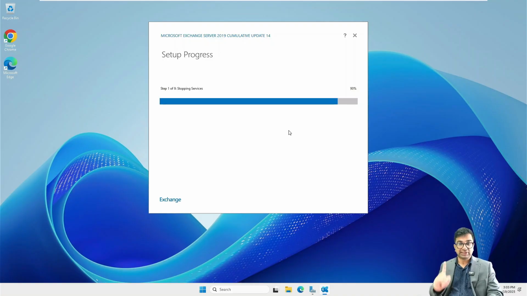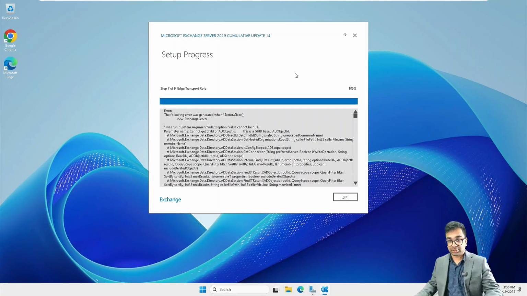Now, let me be clear before I start this and before anything else goes wrong. You will face a challenge wherein this will stop at one point. It will happen. Just remember that there will be a point where your setup will just crash. If that happens, you just restart the setup. I'll also show you how to do it, because even my setup will crash here. So we'll wait for this, and when the crash happens, I'll show you what to do next.